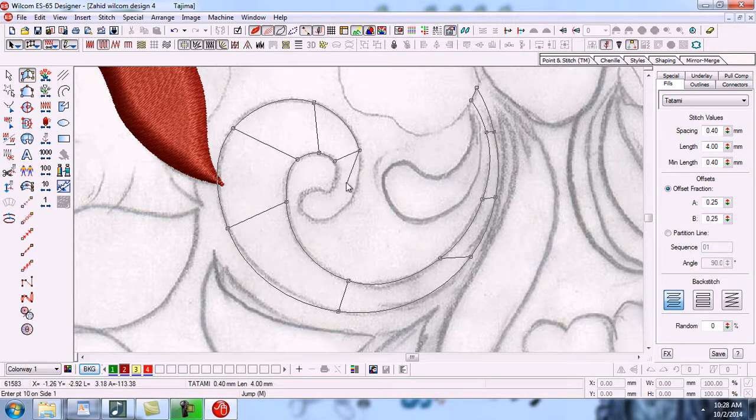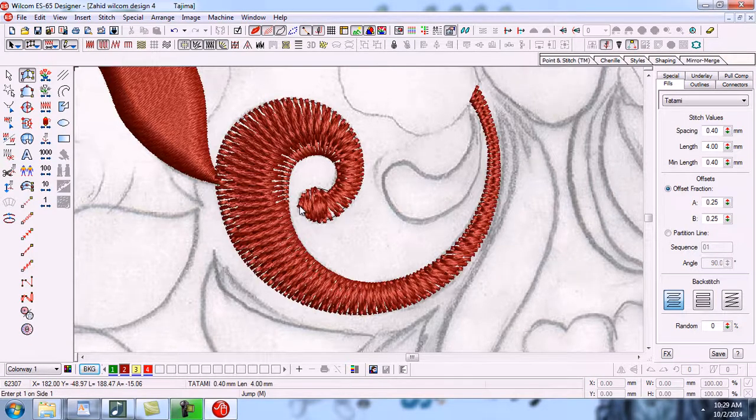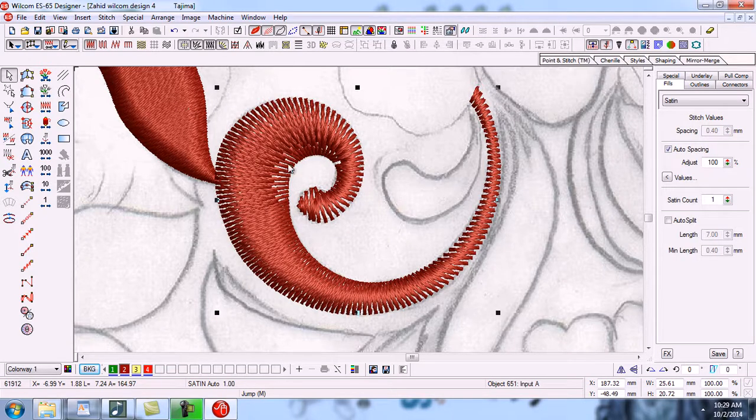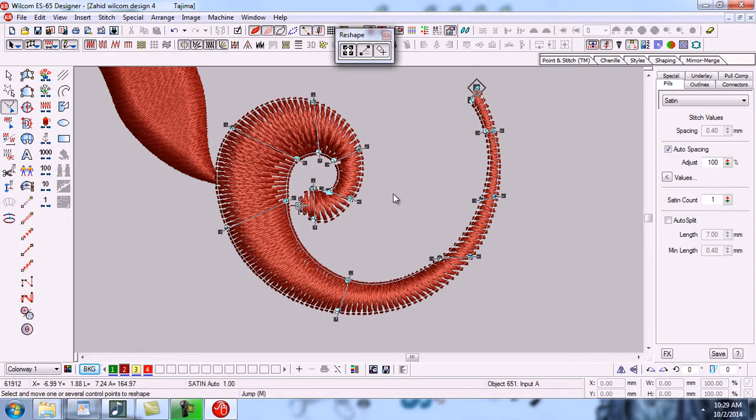Here the corner has come, so we will press here left click. Now right, right, and here the object is ending, so we will press left and left. Now press enter. So we can change the stitch values, as I will make this design in Satin. Now remove the image and correct the stitch angles.